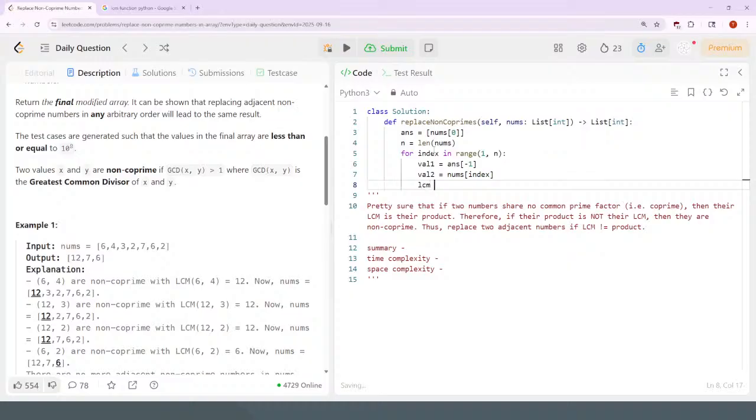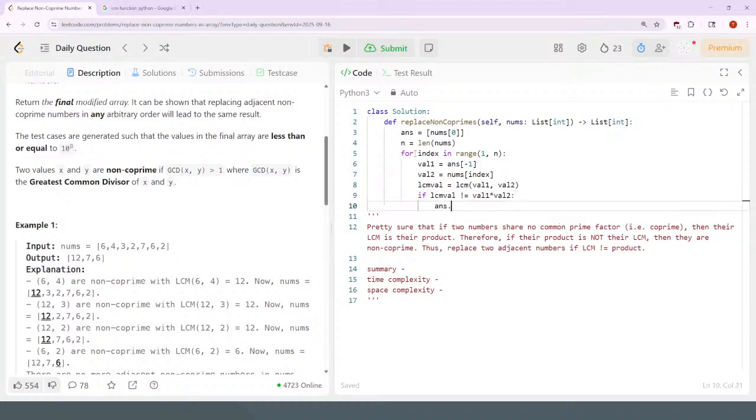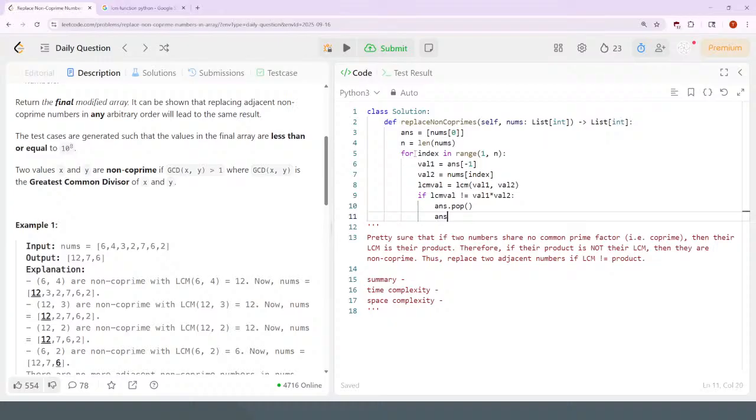Then LCM value is LCM of val1 and val2, and if the LCM value is not equal to the product, then do the replacement, right? So I need to pop the last thing in the answer and append this LCM value,